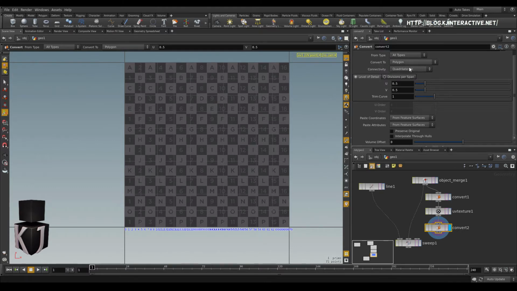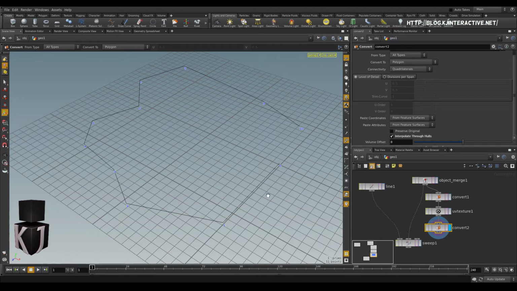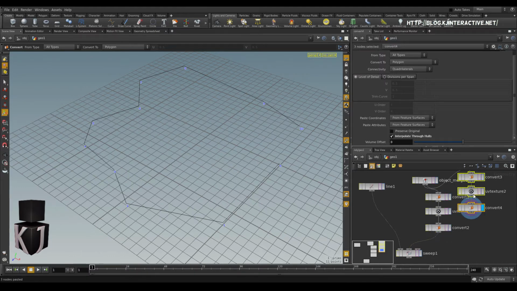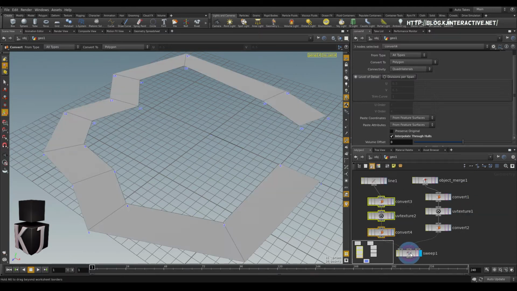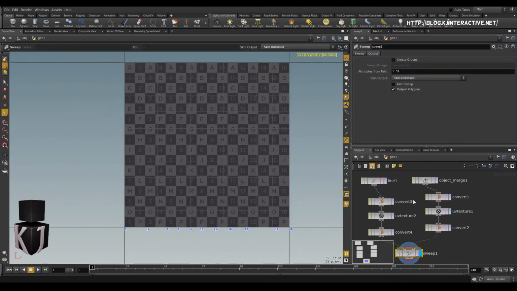And we're gonna set this to be a polygon, and we're gonna interpret through hulls to get the same amount of points again. And now I'm gonna put this in here instead. I'm gonna copy and paste these, wiggle a bit to let go of this connection, and then connect it to the line. But if you go here, you can see there's still no UVs, and that's first of all because